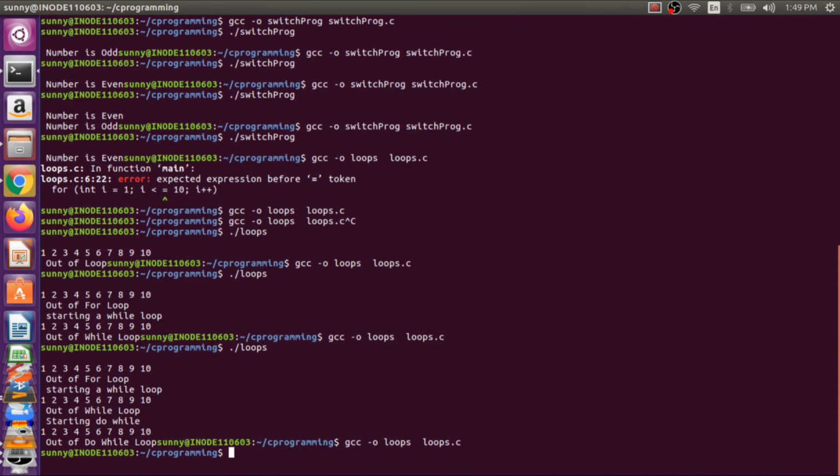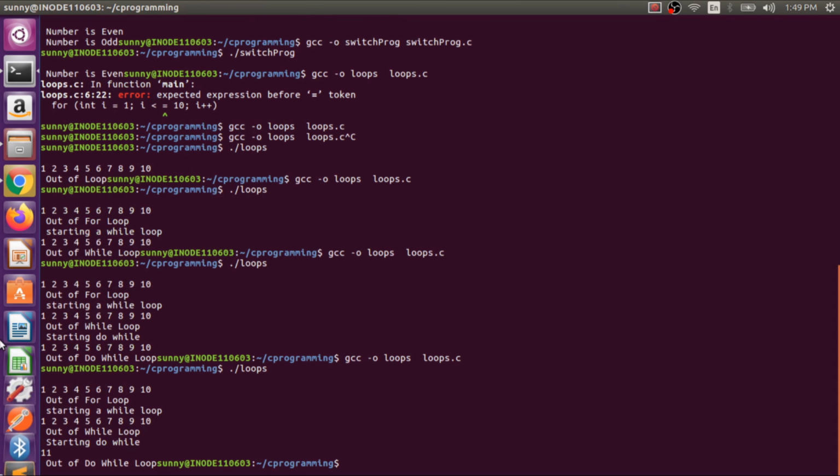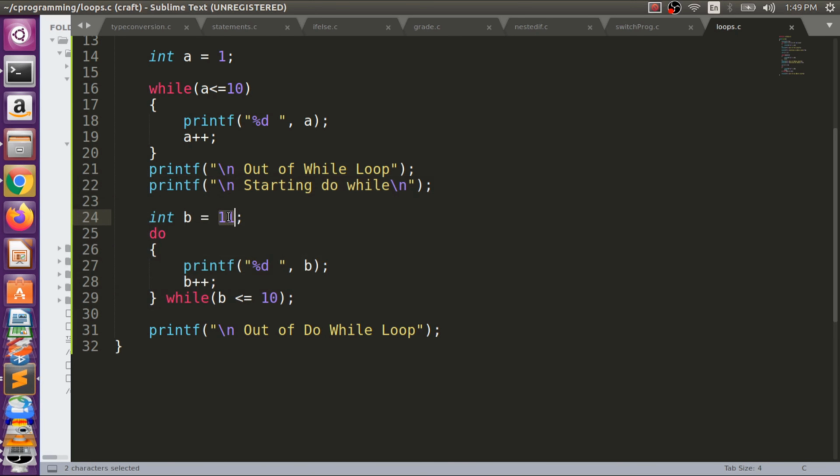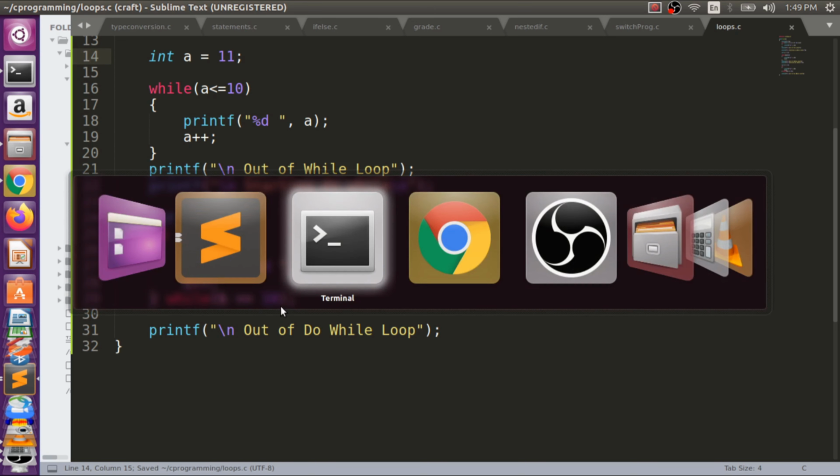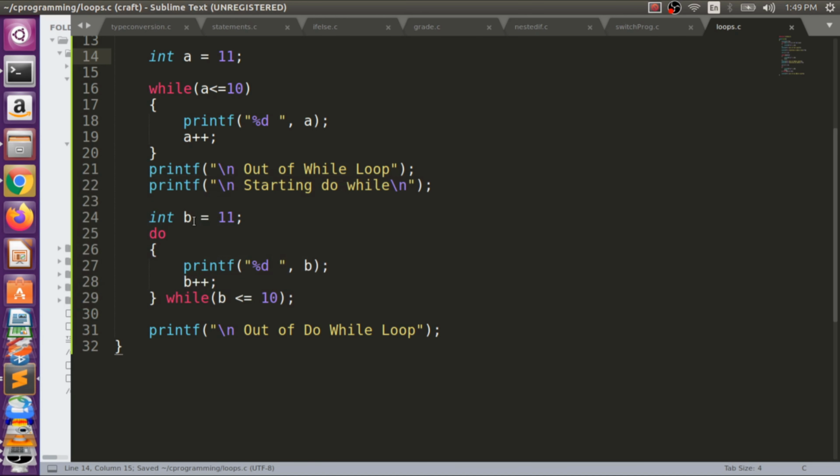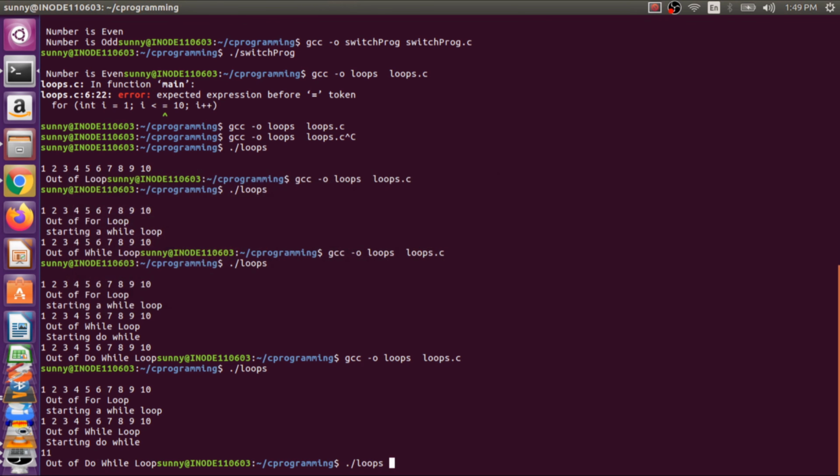You guys can see a catch now. So you guys can see we are able to view the output in do while. Why? The value is 11, it will directly print, then the value becomes 12. Is 12 less than or equal to 10? No. So at that time it goes out of that block. So that is the exit control loop. For example, if I put the value of 11, you guys can see the output now. So in the case of while, at the beginning of the loop my condition is false, and in do while my first check is also false. So let's see what will happen.